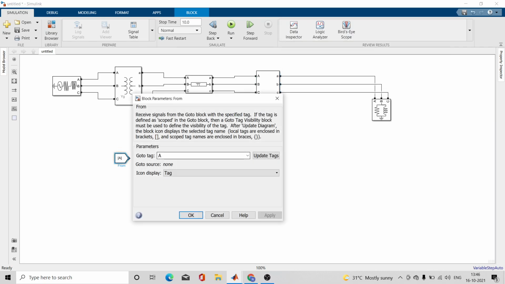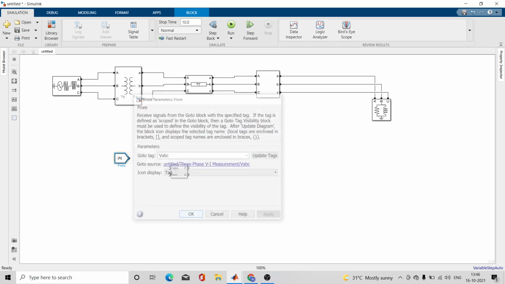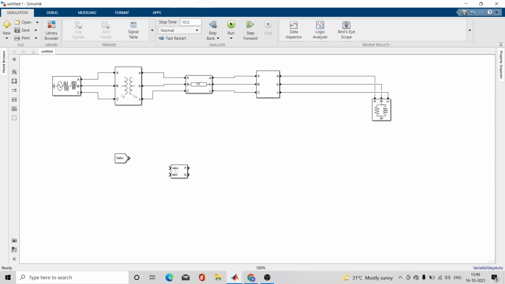So first, you will give the label name as VABC, and then it will turn normal. Otherwise, as you saw in the previous case, before giving the name to your From block it looked reddish, and after giving the label it turned blue.